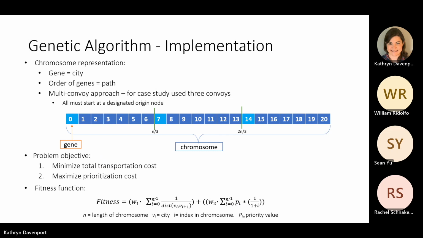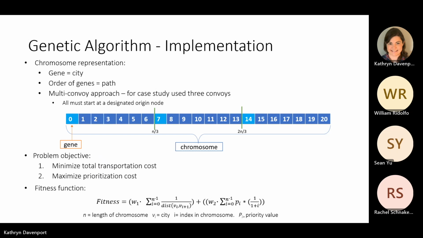Additionally, nodes are able to be used as intermediate nodes in the path. Our problem has 2 primary objectives. One is to minimize the total transportation cost, and 2 is to maximize the priority cost, which is based on damage to the cities. So the fitness function I used was based on those 2 objectives, where overall, we are